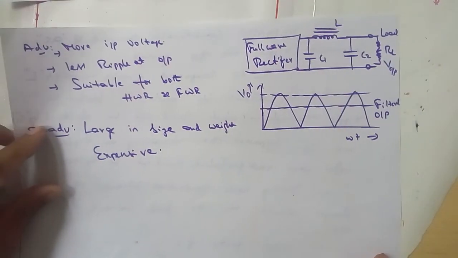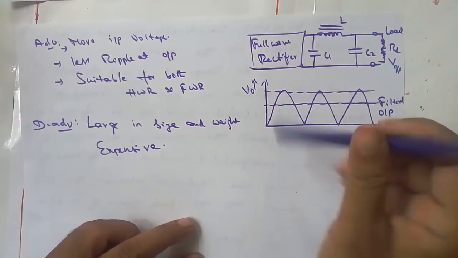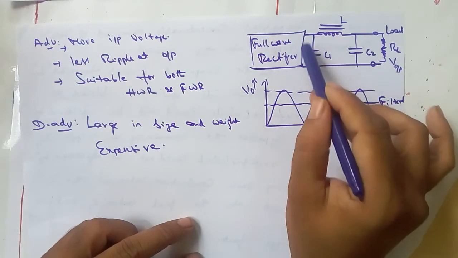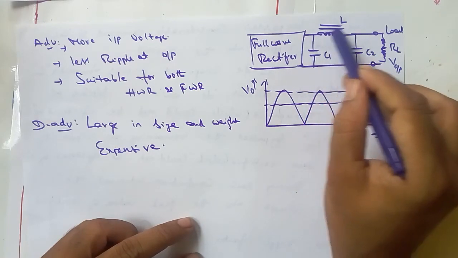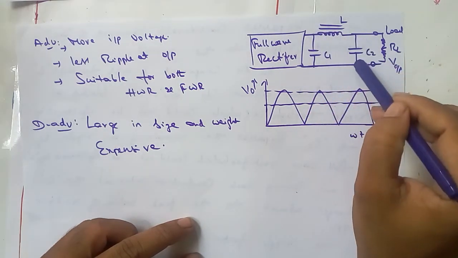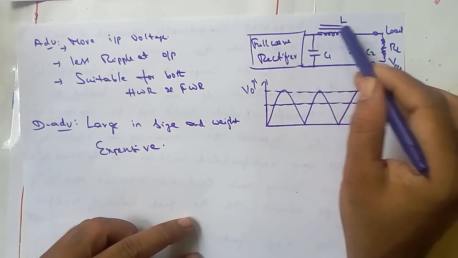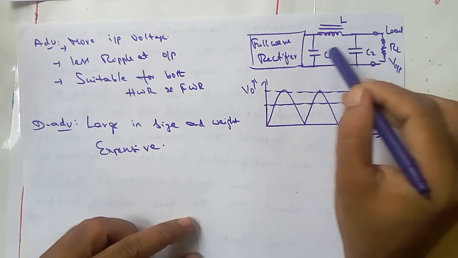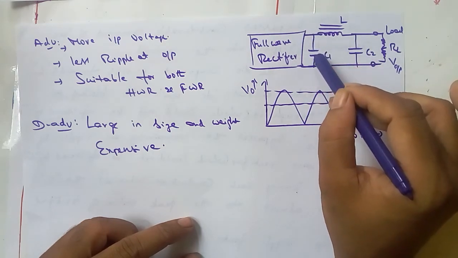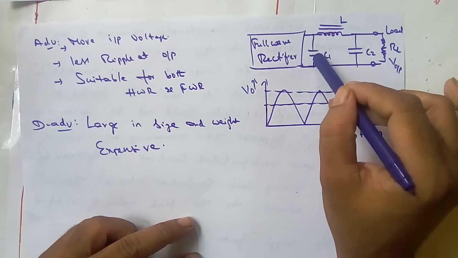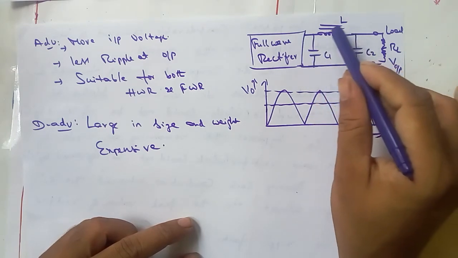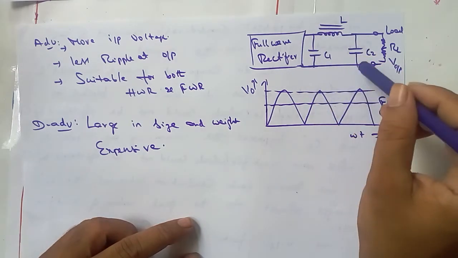Now, what are the advantages, disadvantages and the circuit diagram and waveforms? See here, this is the circuit diagram. This is a full wave rectifier and this is its output. This is the inverted L, that is the L section filter, consisting of L along with the parallel filter capacitor C2. Another capacitor C1 is added in the form of a pi, then we can form the pi section. This is called the pi section.